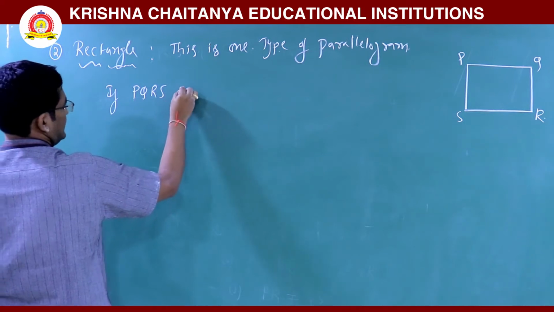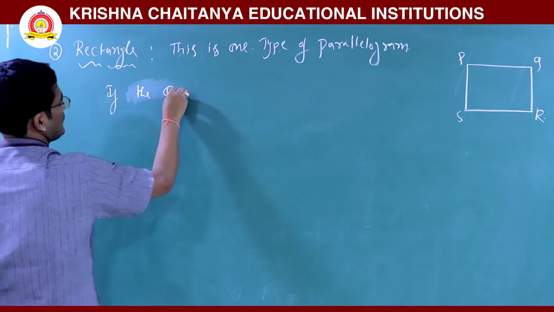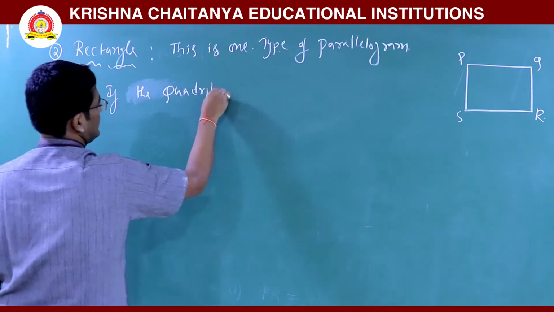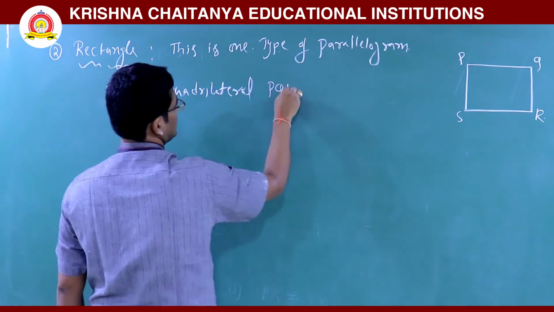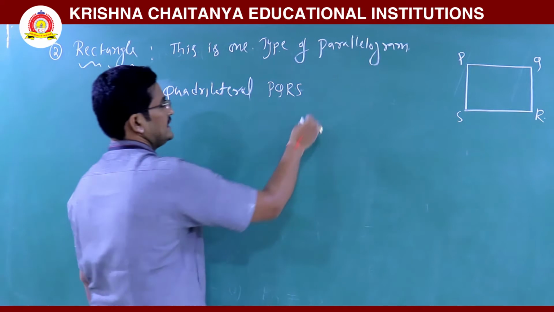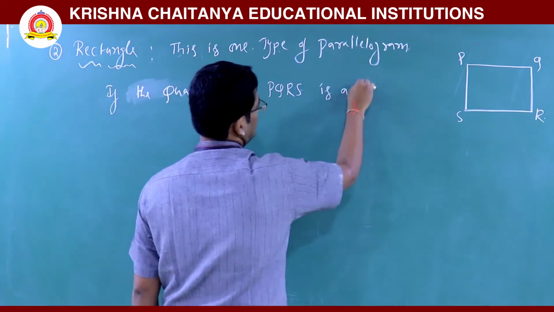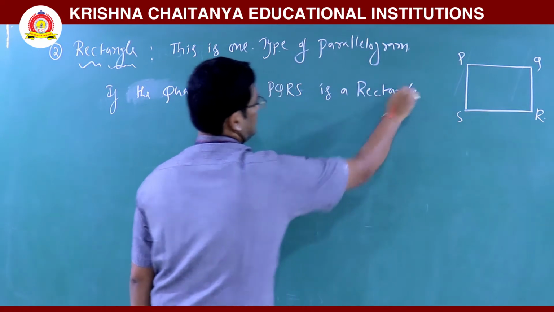If the quadrilateral PQRS is said to be a rectangle, then